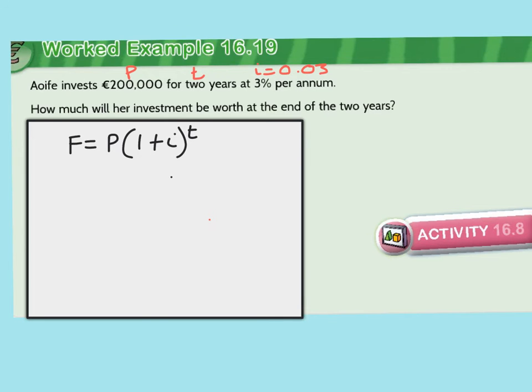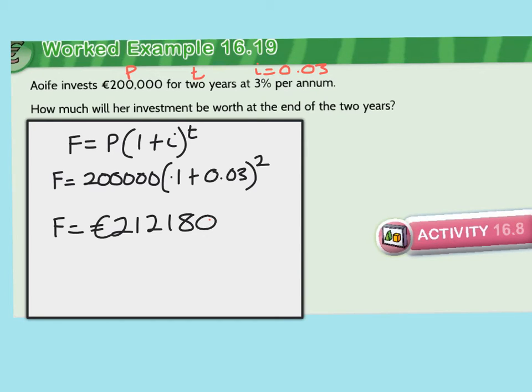Okay, so we will have a go. If you're not done, press pause and then press play when you're ready. So we have final equals 200,000, 1 plus my I is 0.03 and my T is to the power of 2. So again, on my calculator, I'm going to put in 200,000, bracket 1 plus 0.03, close my bracket, and then I have an x to the power of 2, so that's really handy. You can just press that. And my final amount then is going to be